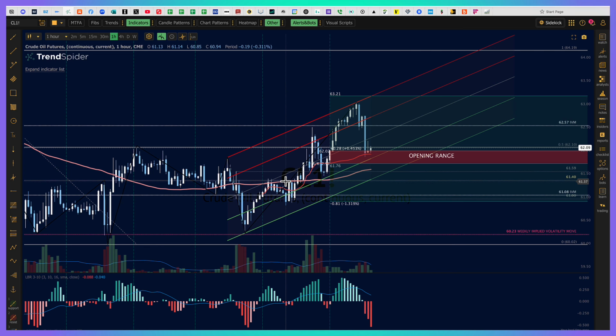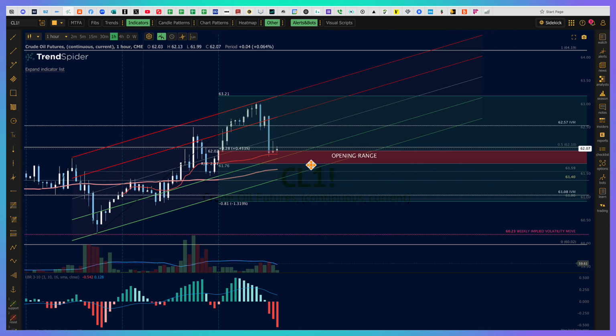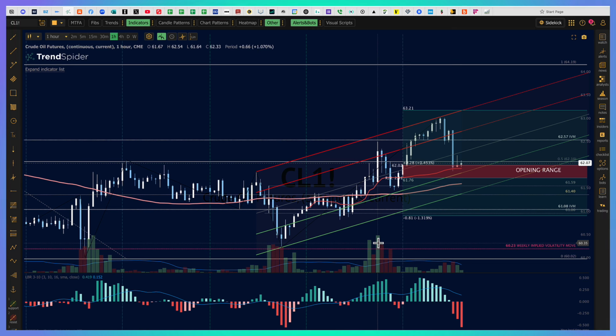What's trend? Flat to up, right? We've got a rounding bottom. What is momentum? Negative. Traders are trying to find support down in that upward trending event. Where might it be? I like it at 61.76. But let's take a look at the highest volume candlestick of yesterday. We're going to see it's right up there near the measured implied volatility move of $62.57. The low end of the move is 61.08, but this volume zone, this area of heavy volume, we're right